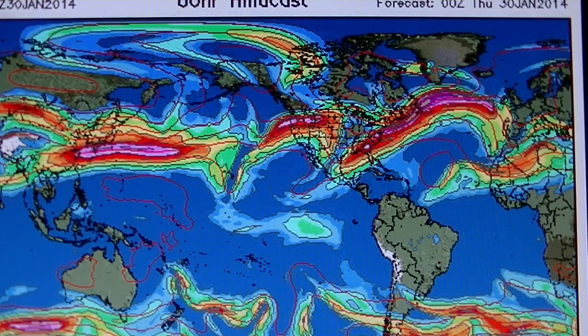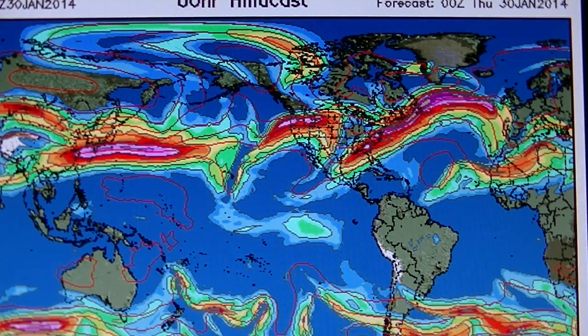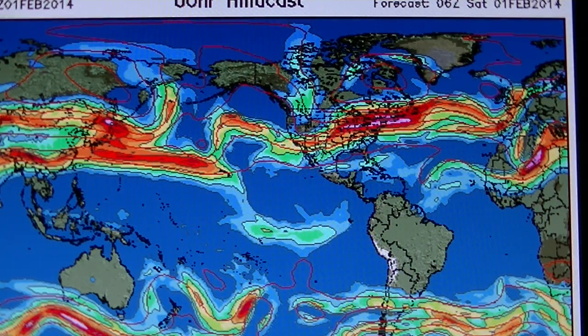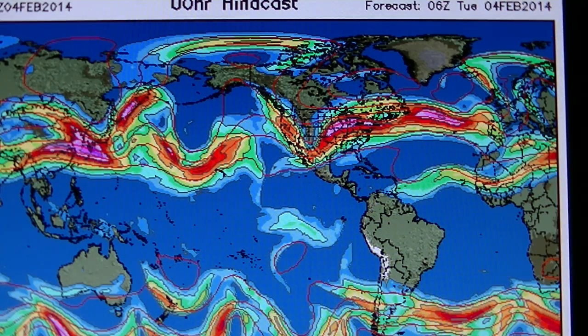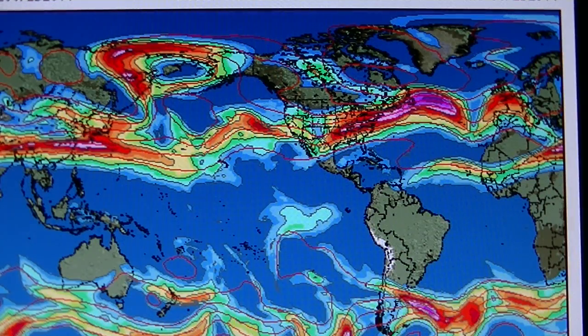January 29th, January 30th. Okay, here we have southerly flow again. They're going to have to build it back up. 31st, February 1st, February 2nd, February 3rd, February 4th, February 5th, February 6th, 2014,